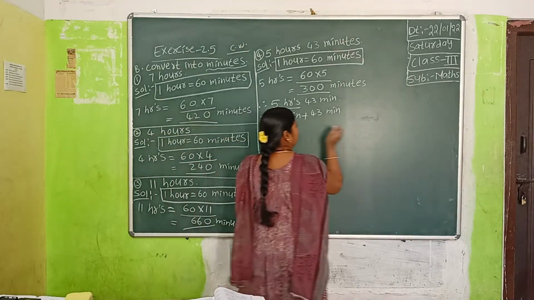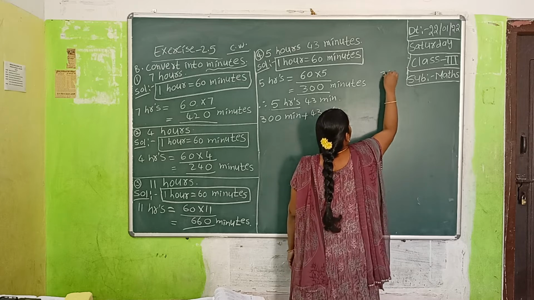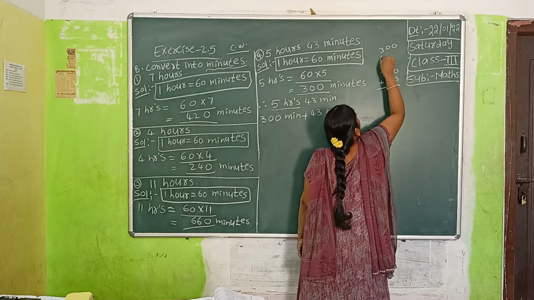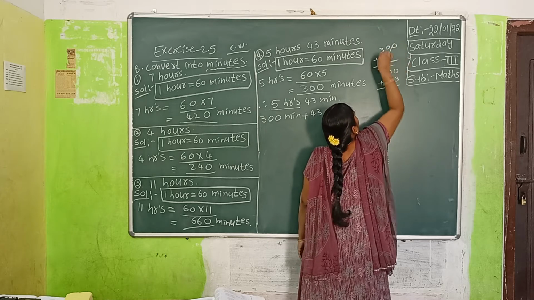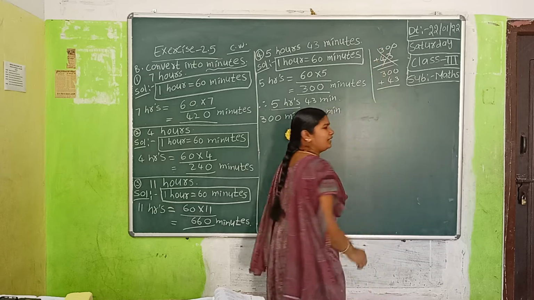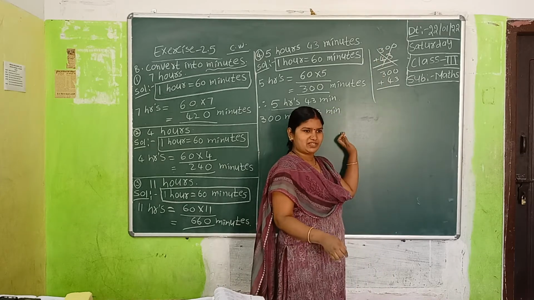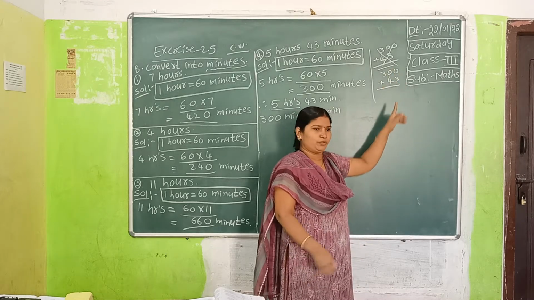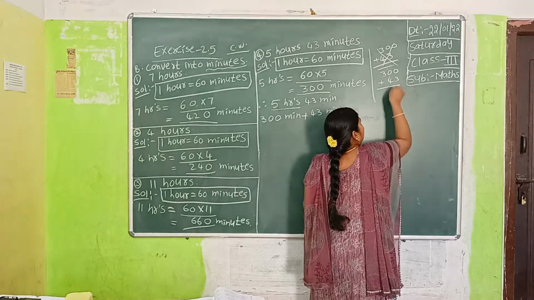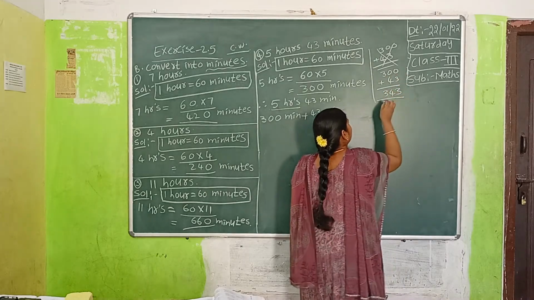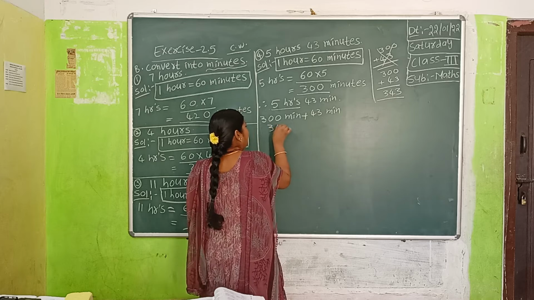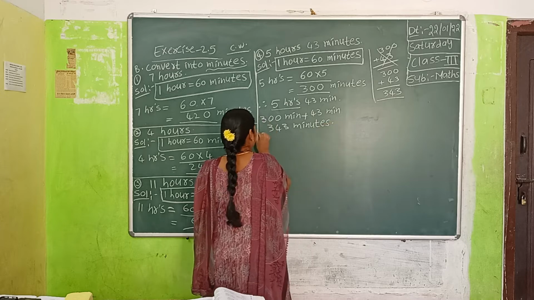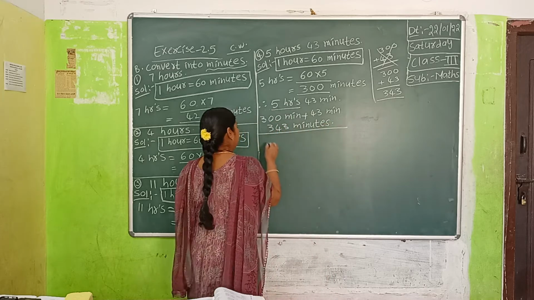See here. On the left side have to add 300 plus 43. Some of you are writing it like this, 300 plus 43. Don't write it like that, it is wrong. You have to write from the ones place backwards. 300 plus 43: ones place first 3, tens place 4. Now 0 plus 3, 3. 0 plus 4, 4. 3. What is the answer? 343 minutes. It is compulsory to write down the units. Okay? Yes, it is our answer.